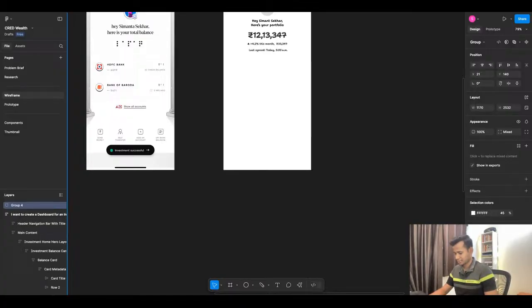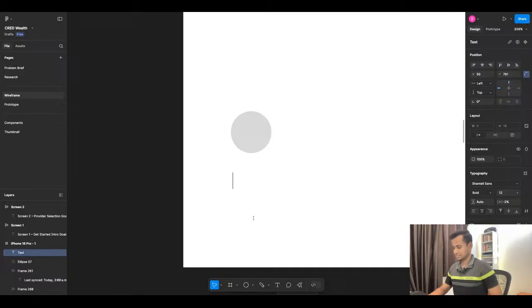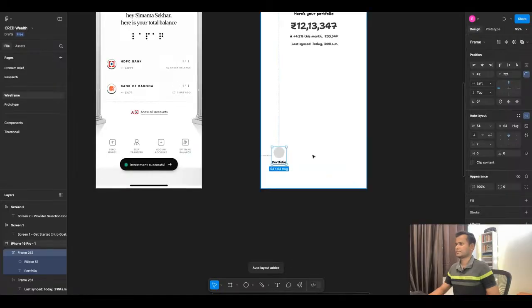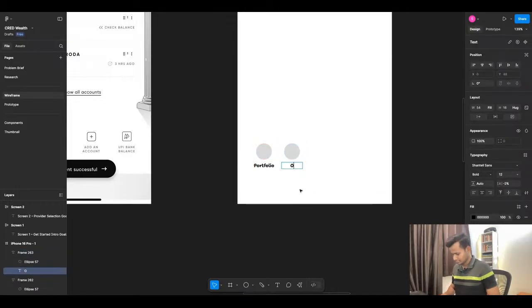So I will put a rectangle here, then add a text as portfolio as one, then another is optimize